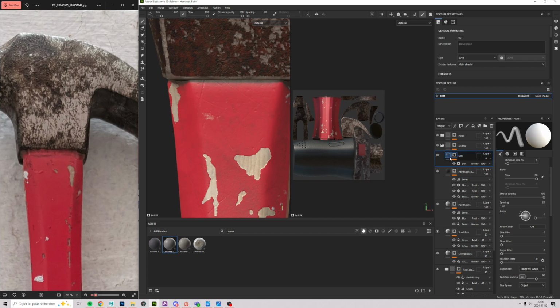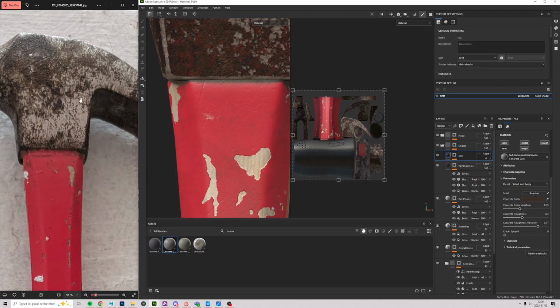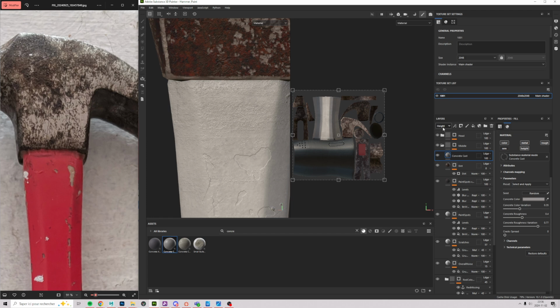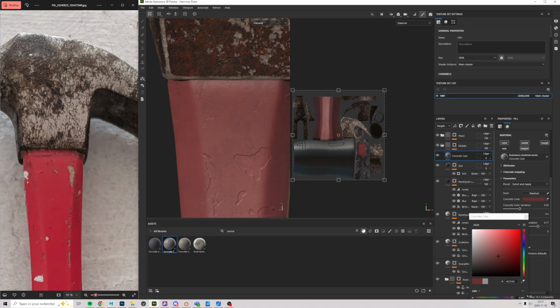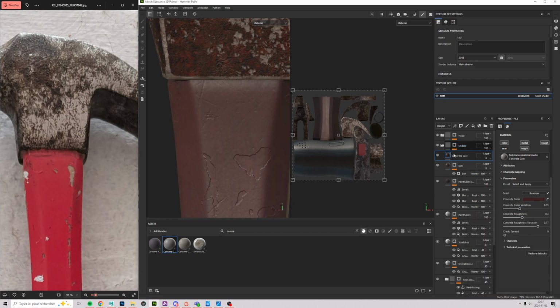So I added concrete. So I did a fill. Oh, it's right here. So I dragged and dropped this over here. I removed the height. So I put it at 0 because it's a surface dust. So it doesn't have any thickness if you look over here. And then I changed the color to match the reference over here to something that's brownish, even darker. And then from there, I created a black mask